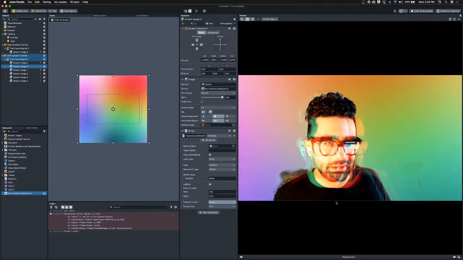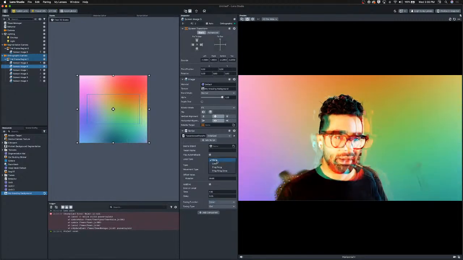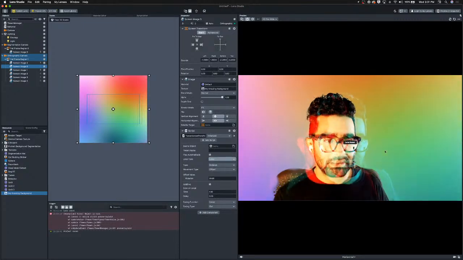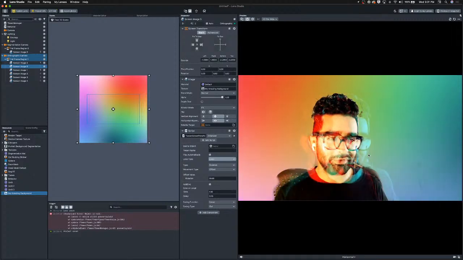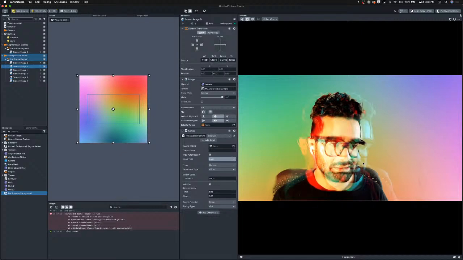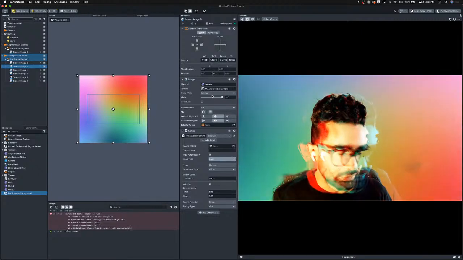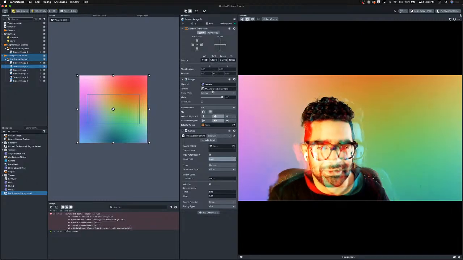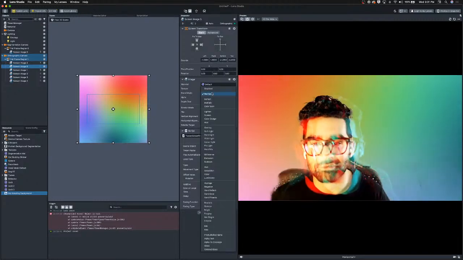Now you can see my background is kind of moving and stopping. I want to make it loop. You can see my background is moving, but it's really obvious that it's turning around, that it's using simple rotation. So to make it look more like it's dissolving with the background,